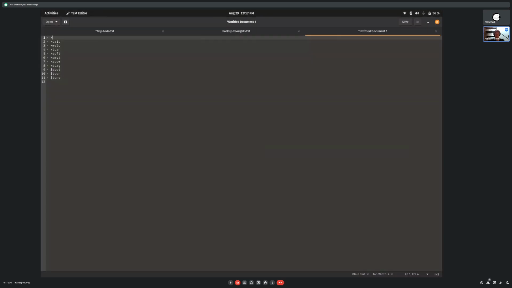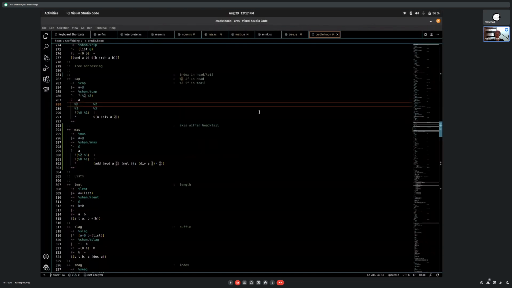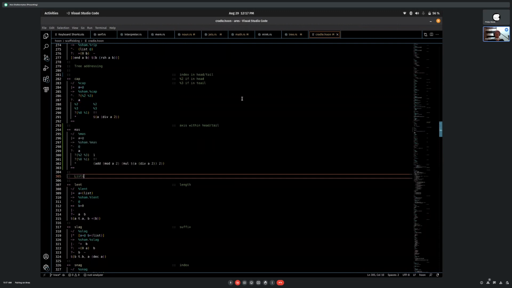because Matt's isn't there yet. I'll save it later. Matt's isn't there yet. And I started adding them one by one. So the first one I added was cap, and then I added a jet for cap, and then the one I'm adding now is mass, and I'm trying to add a jet for mass, but